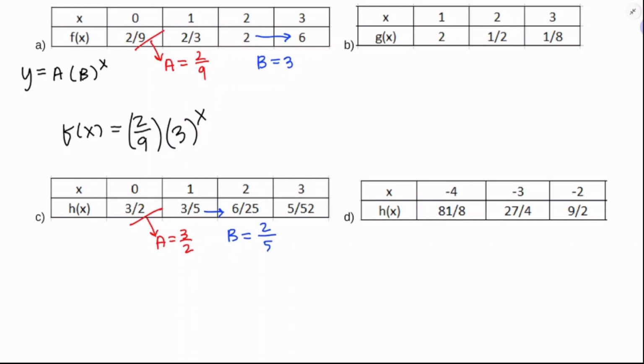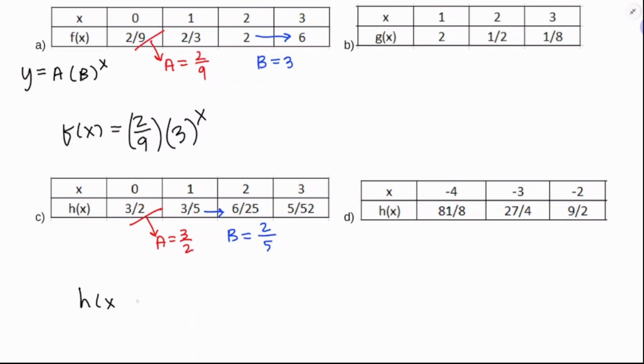Now that's interesting, that I'm going from 6/25 to 5/52. That's gotta be wrong, right? 12/125. I can't imagine how that's 5/52. 3/5 times 2 over 5, yeah, that would give you 6/25. I'm going to assume that 5 over 52 is not quite right, and that b is equal to 2/5. I'm not sure about that. Maybe it does simplify in a way that I'm just not seeing, but I'm going to say, all right, h